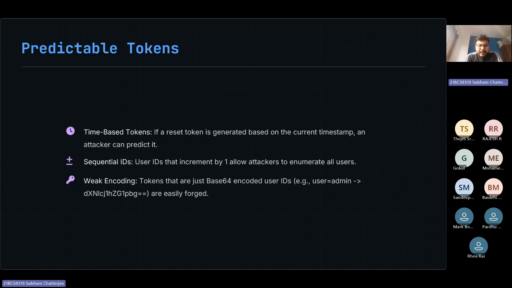So there is a token called UUID, unique user ID. Companies actually use those UUIDs to track only your account. But UUID parsing is also a case right now. I mean, people are sending all those UIDs to Sequencer to understand what actually is happening, if you can break that UUID or not, right? As you can see, the time-based tokens like reset tokens are generated based on the current timestamp, so an attacker can predict